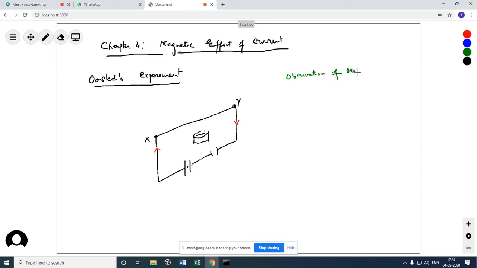Let's say this side being the south, this side being the north, this being the east, this being the west. So Oersted's observation was that when the current I is along south to north,